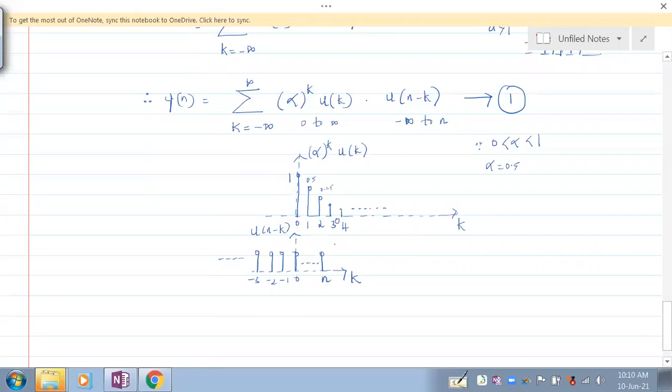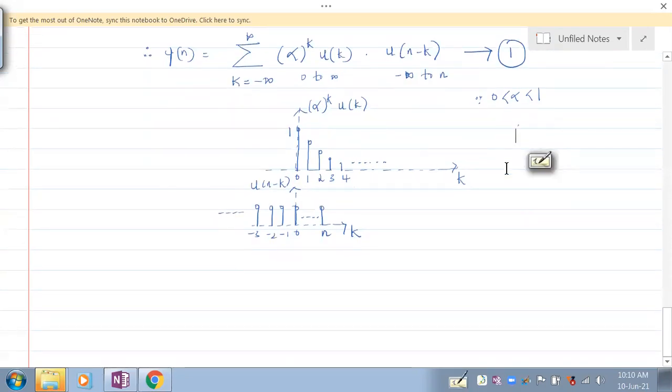Now let's talk about this n. When would there be no overlapping? Can you tell me? Let's not write this as 0.5, 0.25 and all. It's understood. Let's not take alpha as 0.5 also. Case 1, the no overlapping case. Tell me, when would there be a no overlapping case? When n is less than 0. Very good. When n is less than 0, there will not be any overlapping.